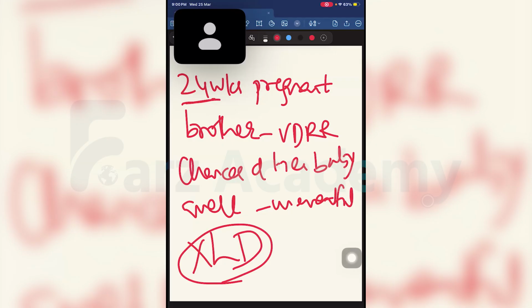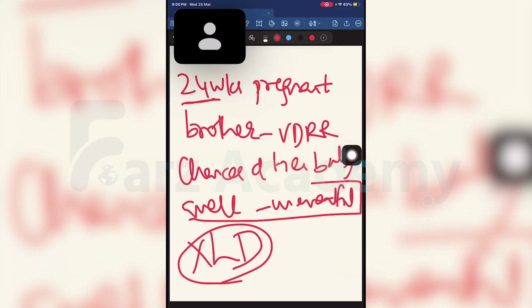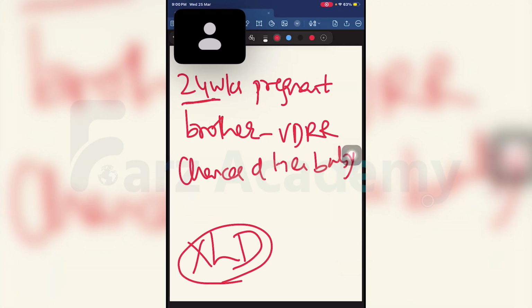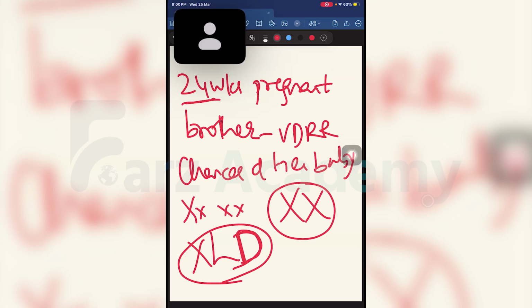So tell me, if the child is male, then there is a chance of 50%. But don't go by just pure maths. If she is telling you she is well and everything till now was uneventful, do you understand that she probably has this genotype? Because it is dominant, even this is going to give a problem and even this is going to give a problem.